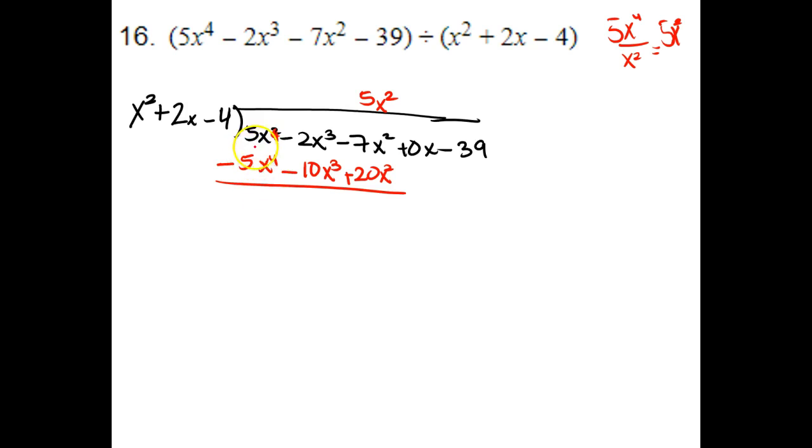These 5x to the 4th cancel out, and I am left with negative 12